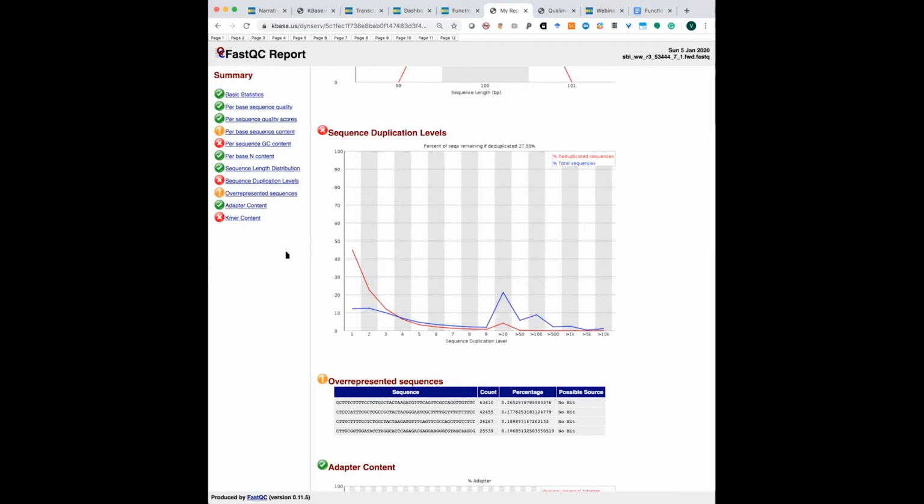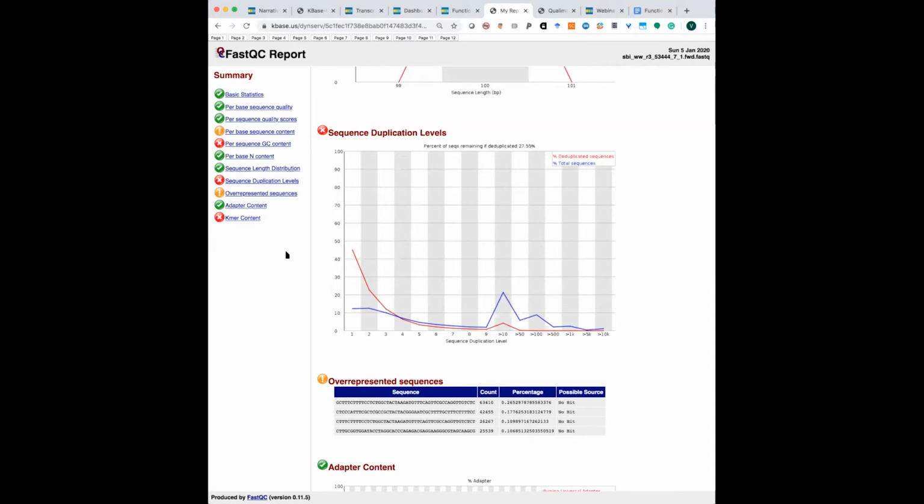So there are PCR artifacts, and there are biological duplicates, which are basically the obvious collisions that happen when different copies of the same sequences are randomly selected. Also, sometimes if you want to observe some of the lowly expressed transcripts, then it's common to